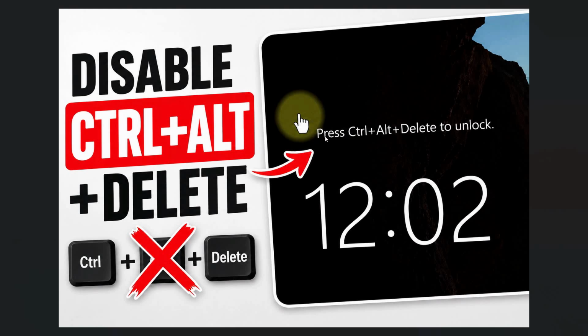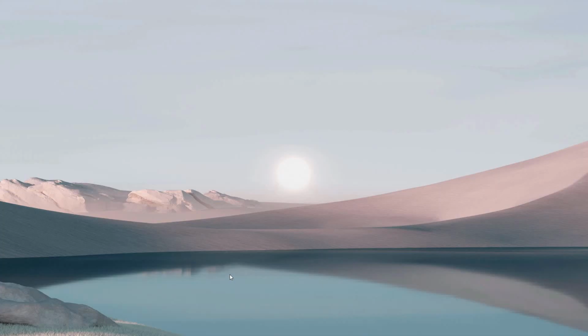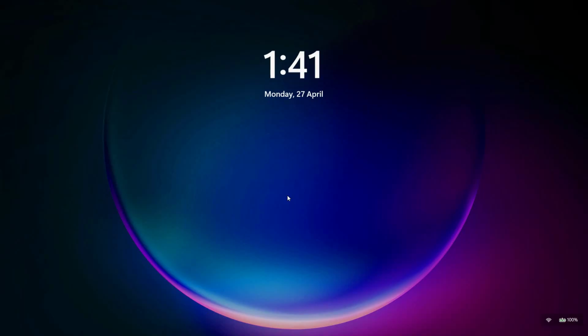In this video, we are going to see that if you come across this message on the lock screen that says press Ctrl+Alt+Delete to unlock, and you want to get rid of that, you want to disable this, here's how you can do this. So first of all, what we need to do is just press Ctrl+Alt+Delete and just simply